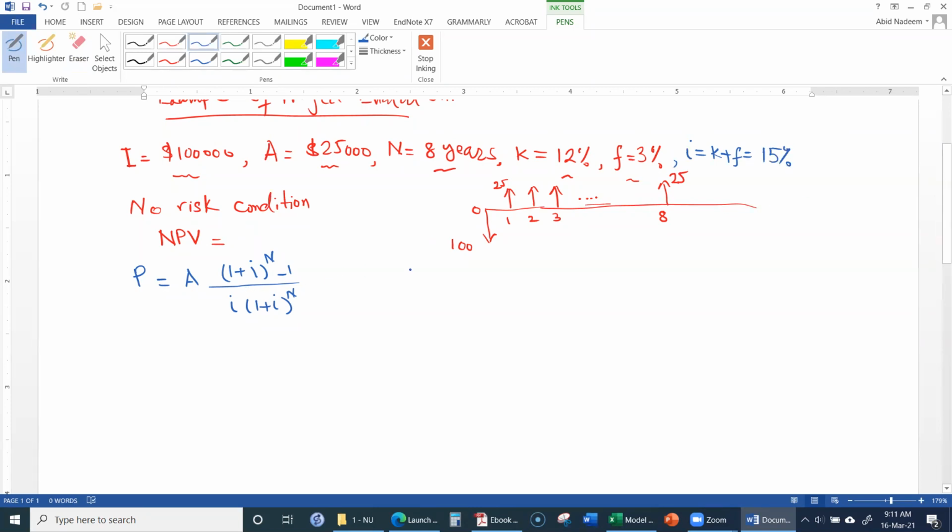So using this formula, we can calculate the present equivalent of all these 8 values of 25. So in this case, n is the number of years in the future, okay, and i is 15%, A is 25,000. So therefore, the net present value will be